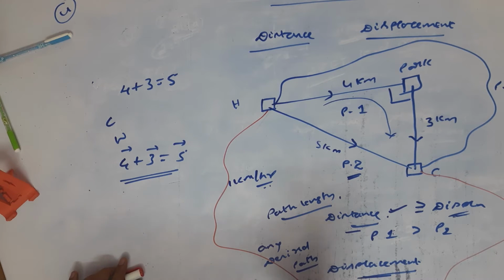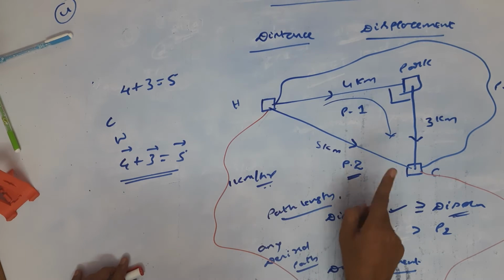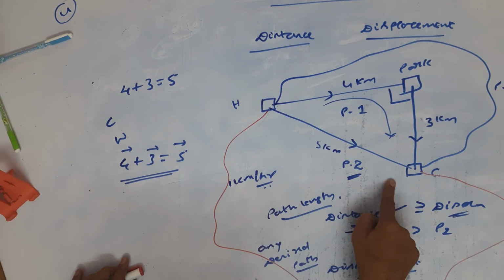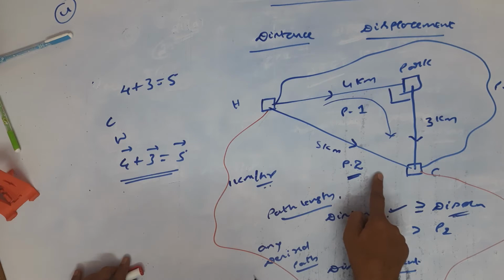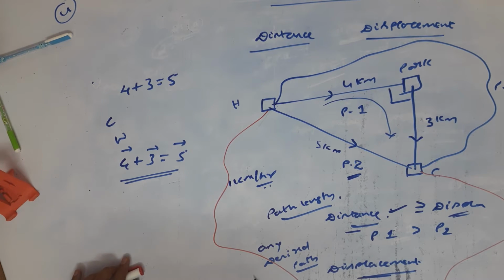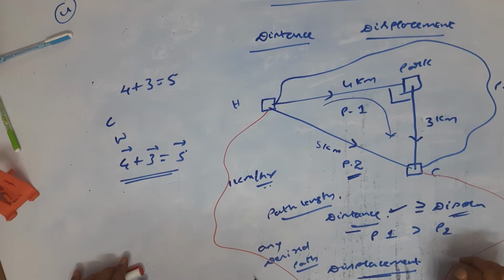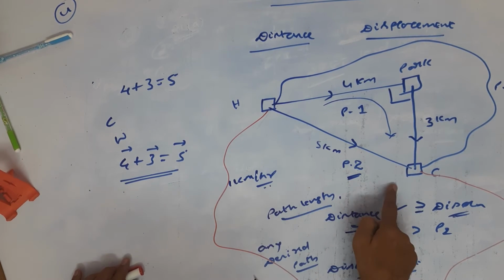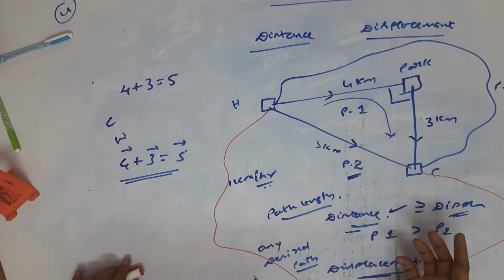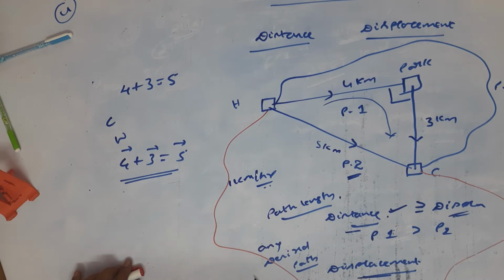At the same time, remember the path length along any desired path. The path length along a straight line is also called displacement. In other words, the distance between the 2 points along a straight line is called displacement. Therefore, remember, distance is a scalar, displacement is a vector. Distance can become displacement, but displacement cannot become distance. This is how we have to analyze.